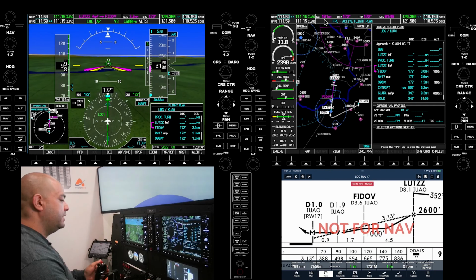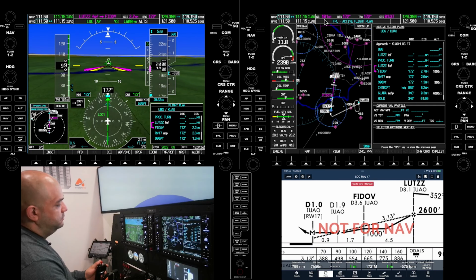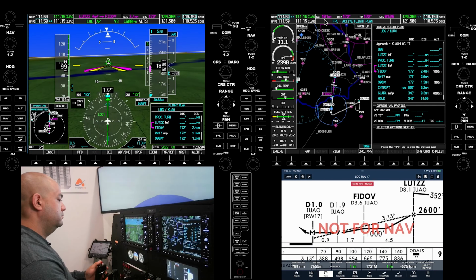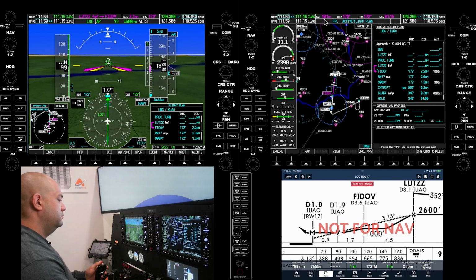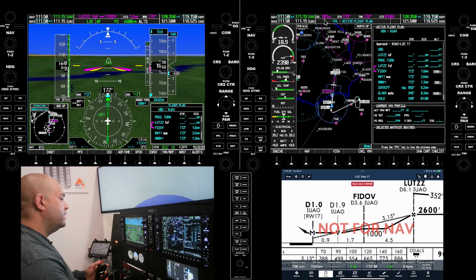Hovering my left thumb over the autopilot disengage. We're 2 miles from Fitbo. We've got to cross it at 1,000 feet.